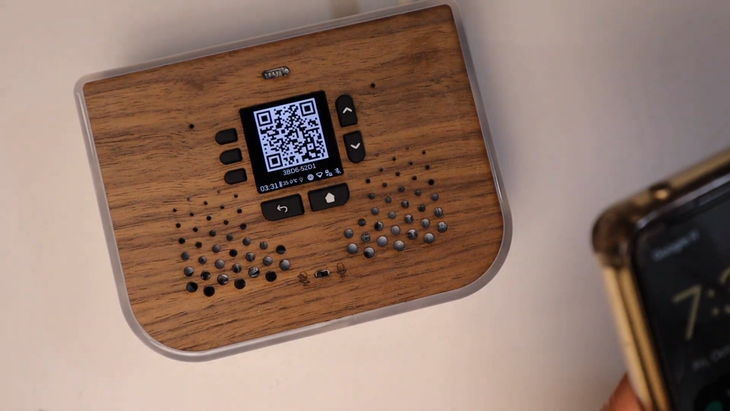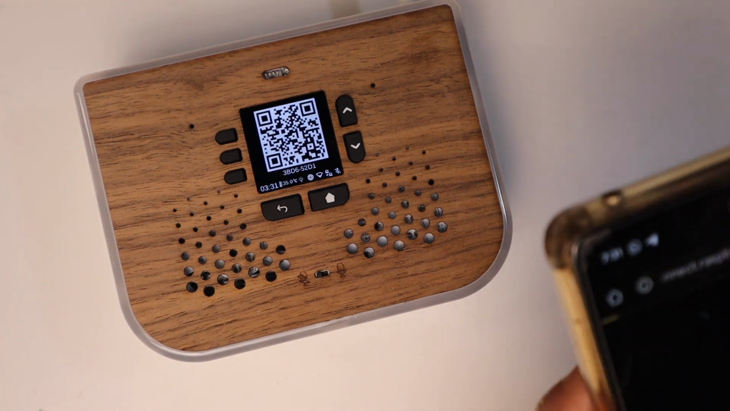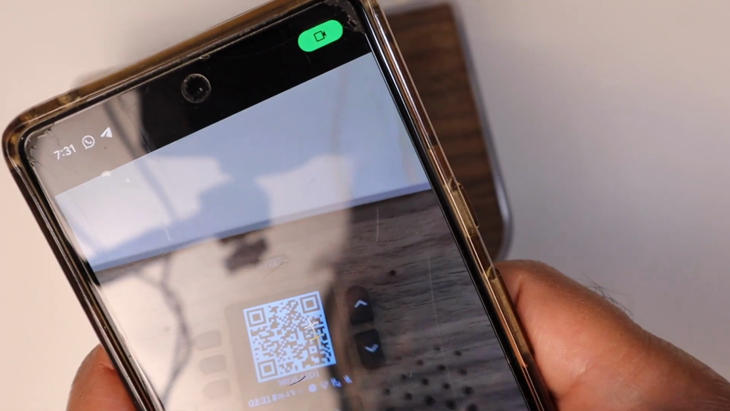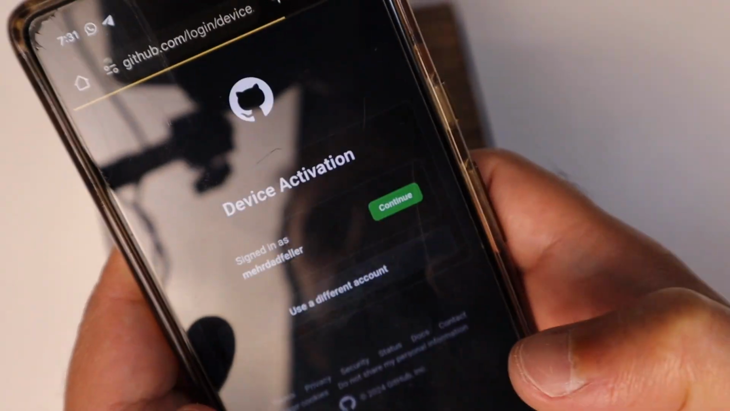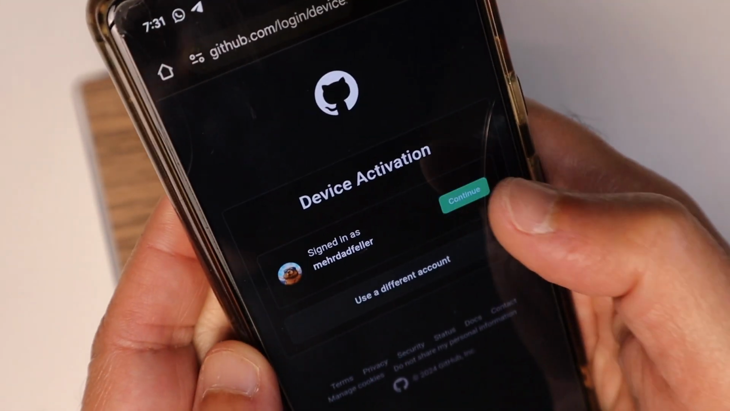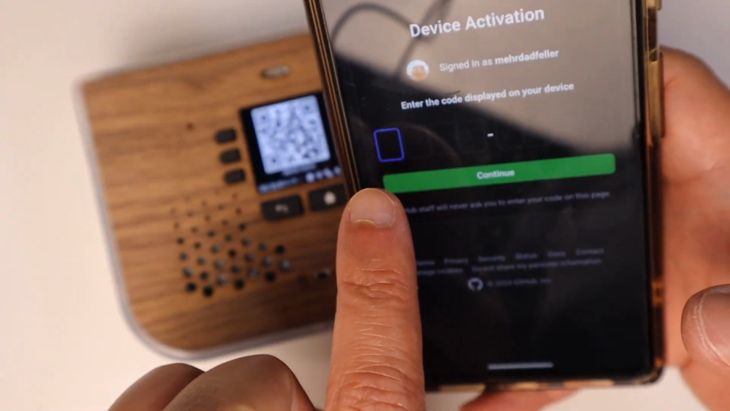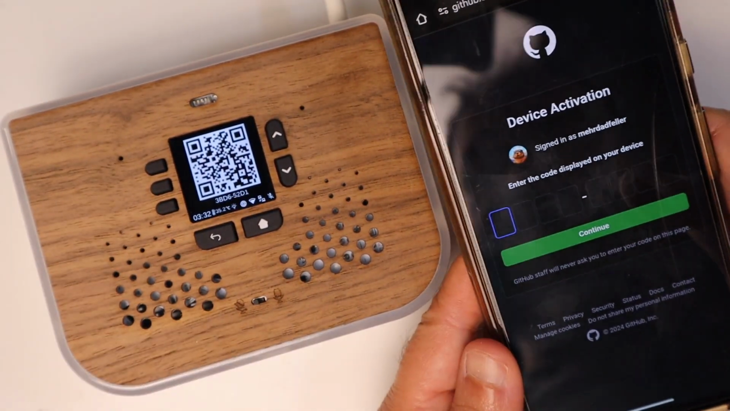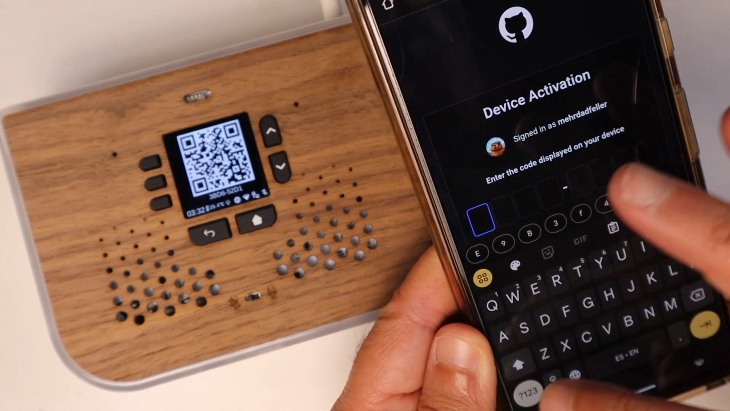Now I have to go to github.com. I'm going to scan that QR code. It's going to take me to github.com/login/device. I'm going to use my account, and here I'm going to enter the code shown on the screen. So here it's going to be